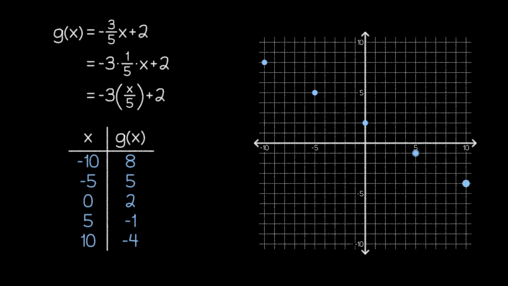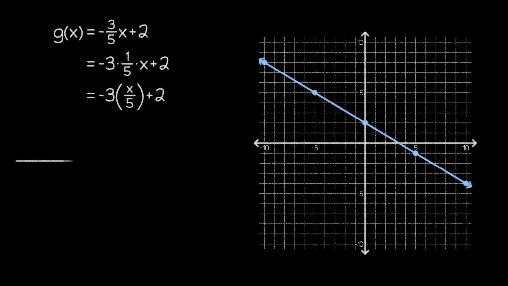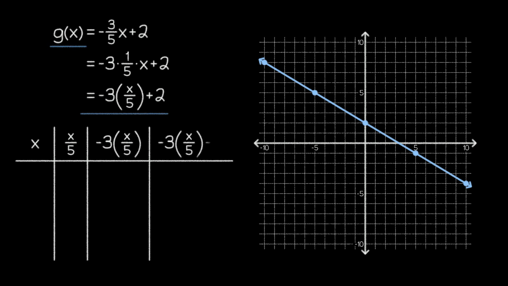While we could move on to our next function at this point, there's one special property of the inputs that we chose here that's worth exploring further. And in order to see this special property, we're going to make an extended table of values. So consider the function after we rewrote it. Then, for our extended table of values, we're going to include the following columns.